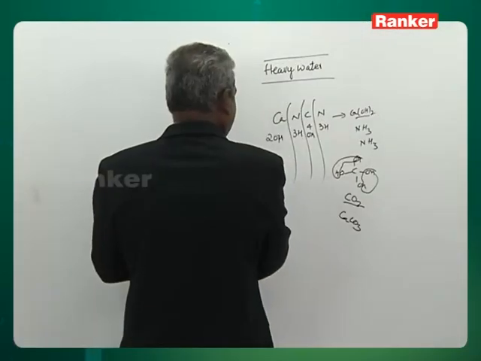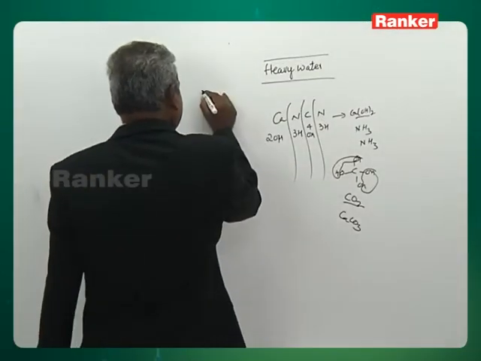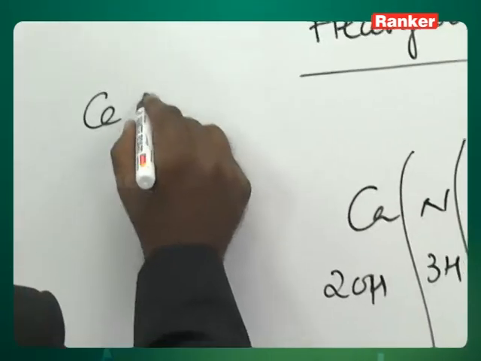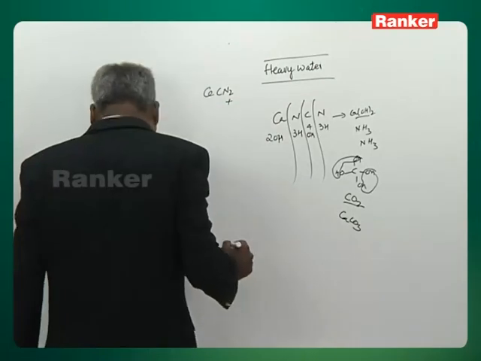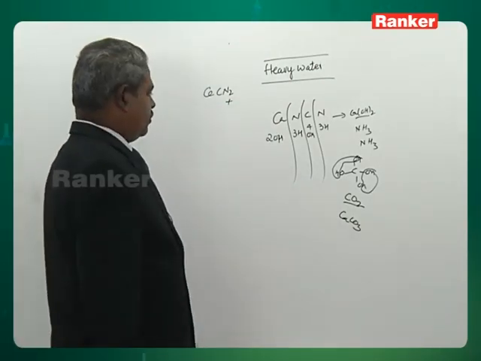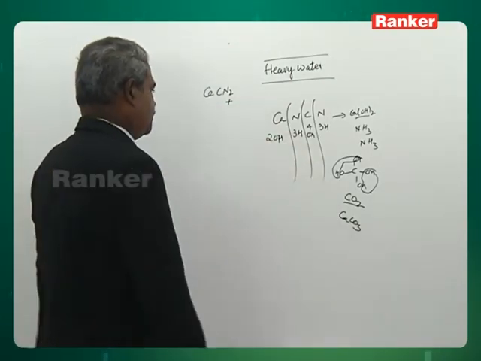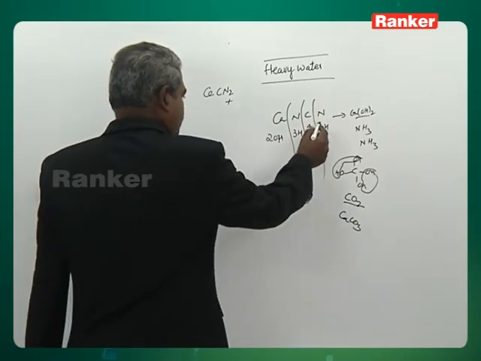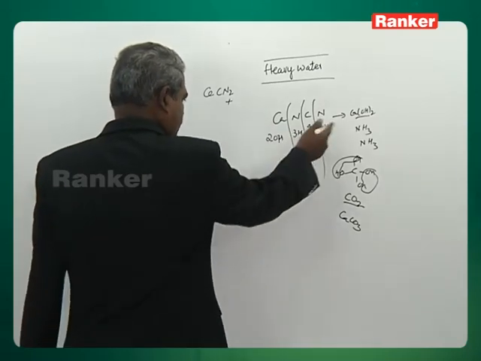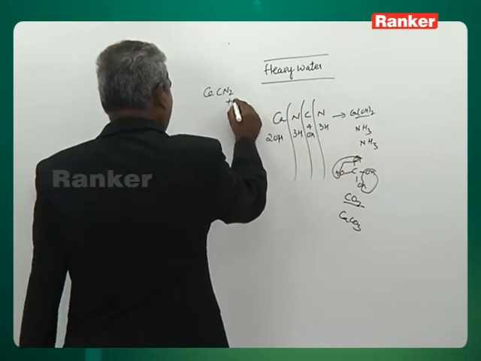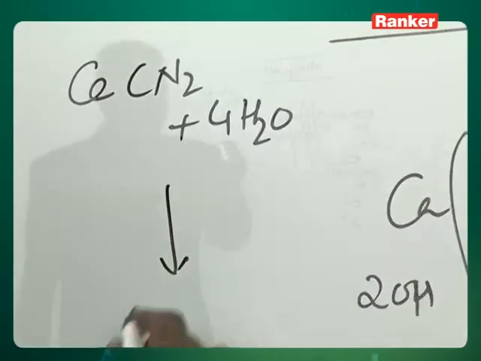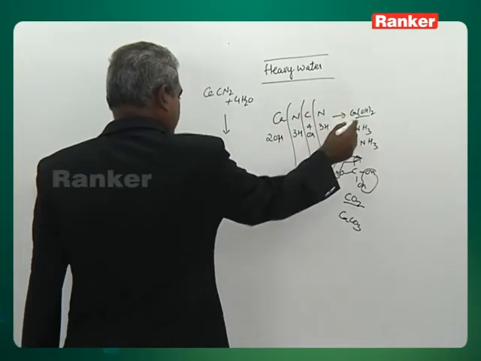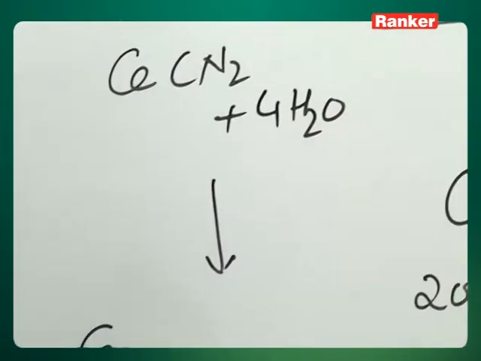So what is the net product? Calcium cyanamide, CaNCN or CaCN2, plus H2O. How many H2Os are involved? So many are involved, finally 2 are released. So here 6 H2Os are involved, 2 are released, so effectively 4 H2Os are used. You get calcium hydroxide and carbon dioxide. You get calcium carbonate,